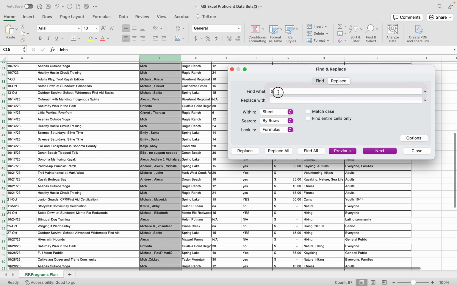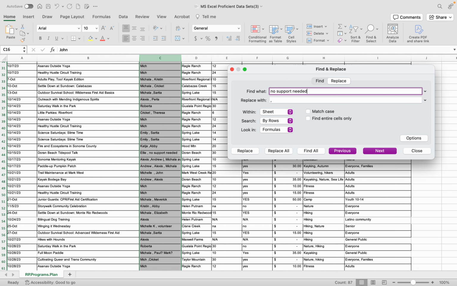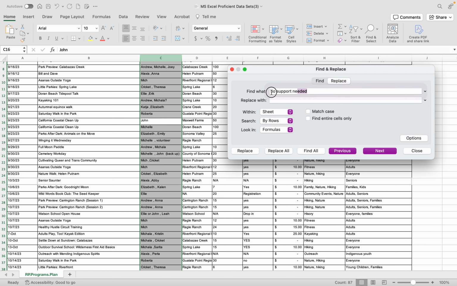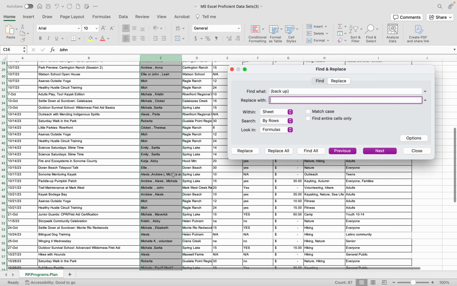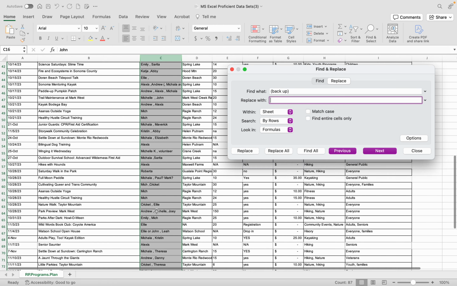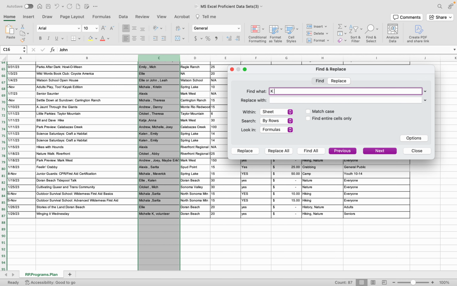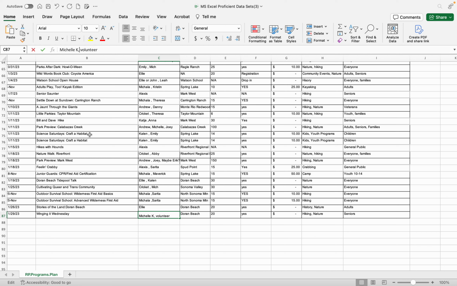What else? Let's replace no support needed with nothing. Let's replace backup with nothing. Still looking through, so there's going to be some things that are easier to just delete. I don't know why it is weird. Let's see if, no, it's just going to get rid of all the K's. Okay, so the rest I'm going to do manually, so I want to get rid of like the K next